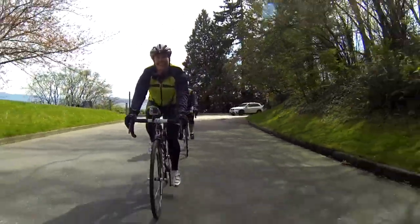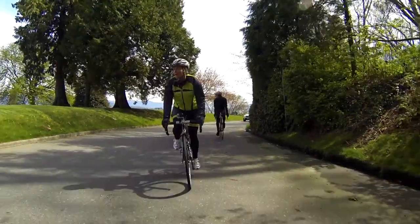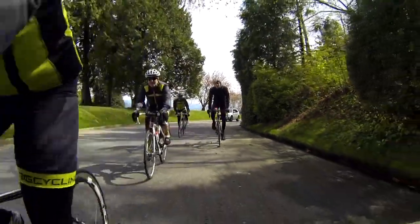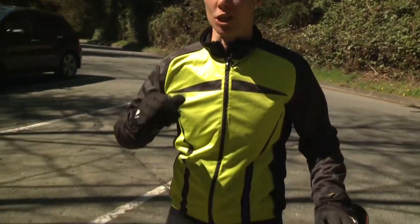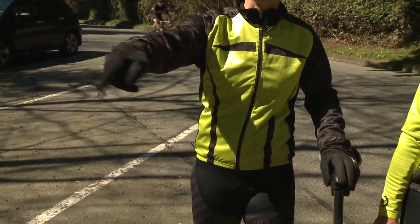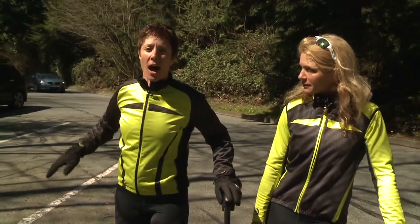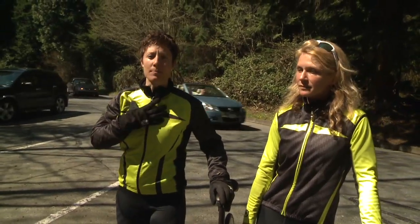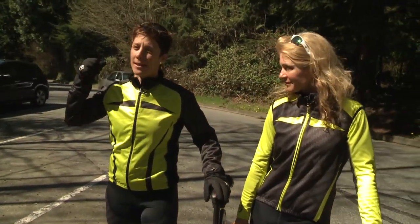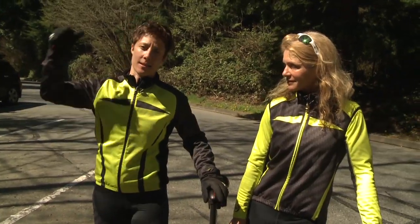Four main hand signals that are usually used are, say for example, there's a car up the road or a pedestrian or another cyclist that you're going to be passing. The signal to get out of the way for the riders behind you would be like this. Move to the side. If the car's on the right hand side or the pedestrian's on your right hand side, move to the side, get out of the way. I would do the signal if I was on the front, and then everybody behind me, if there's 10, 20, 30 people behind me, they would all do it as well